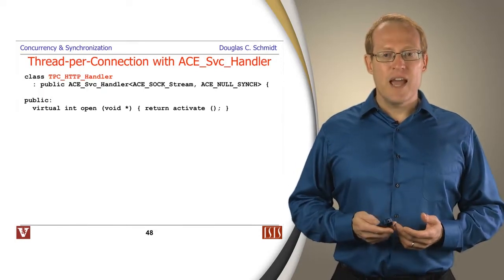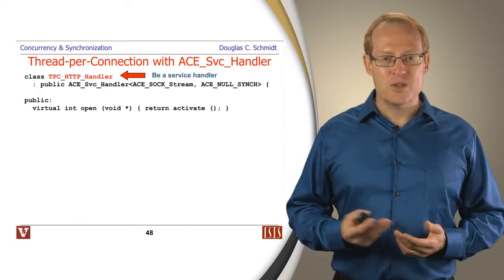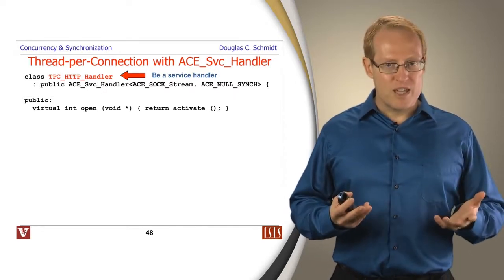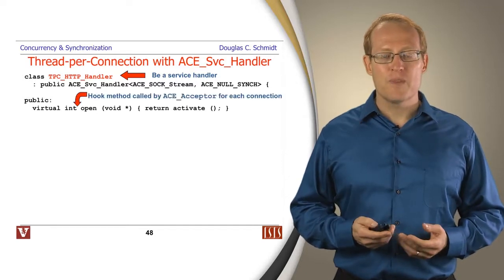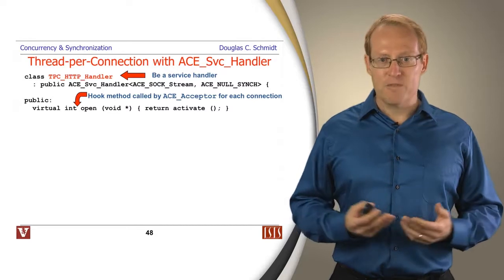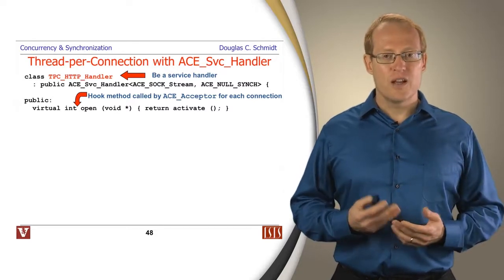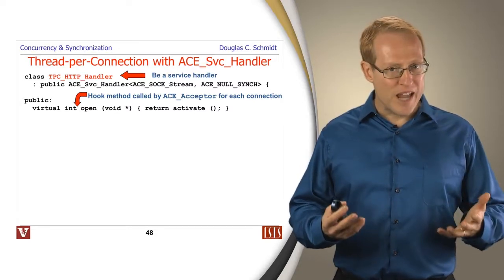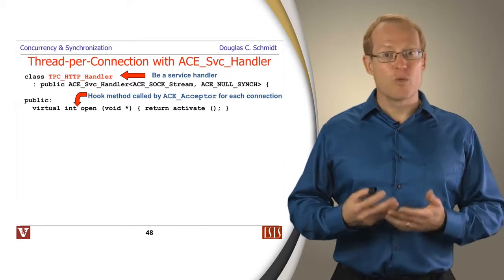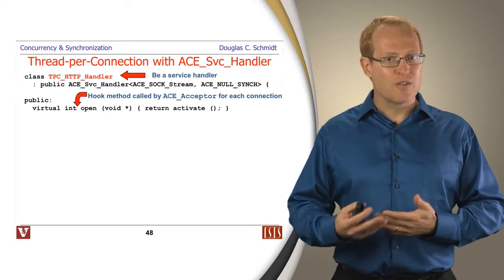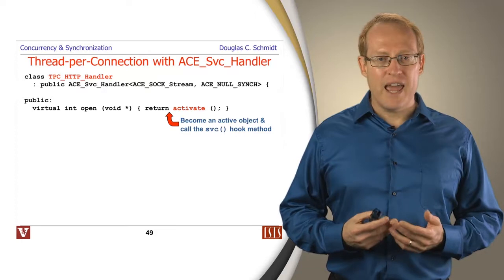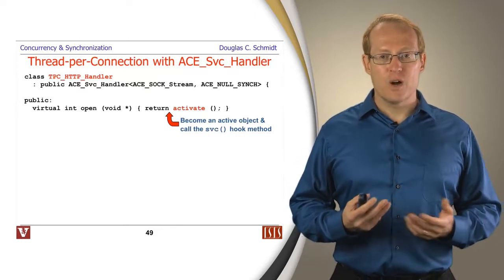HTTP Handler. And of course, this class will inherit from ACE Service Handler, and it'll use ACE sock stream, so it'll be able to send and receive via the socket wrappers we talked about before. And then it's going to have a hook method that'll get called back by the ACE Acceptor framework to activate this particular object when it's been connected and created. And unlike before, where the activation operation simply registered the object back with the reactor for a purely reactive solution, this time when this happens, we're going to go ahead and activate the object to run in a new thread